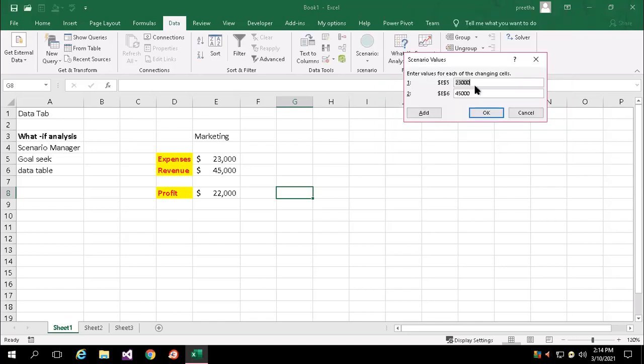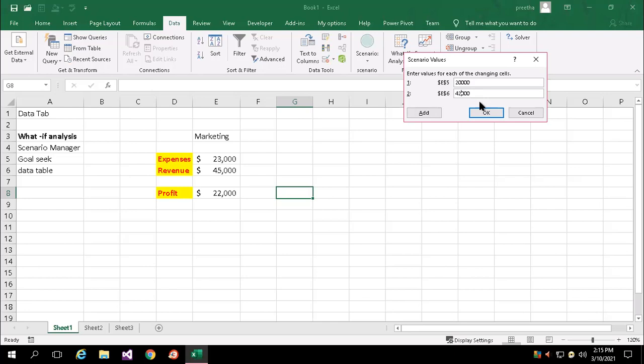Say okay. Now, suppose I plan for less. Maybe I reduce the cost to 20,000, but I'm expecting the revenue as 45. So if you reduce investment, then automatically the profit value will also be less. So I add 42,000.